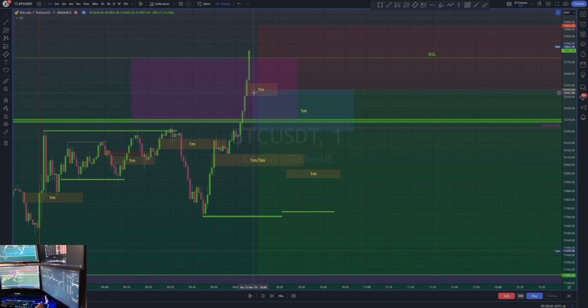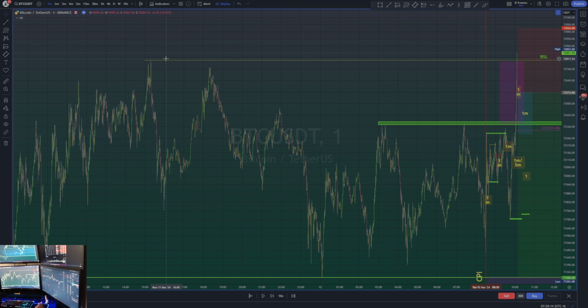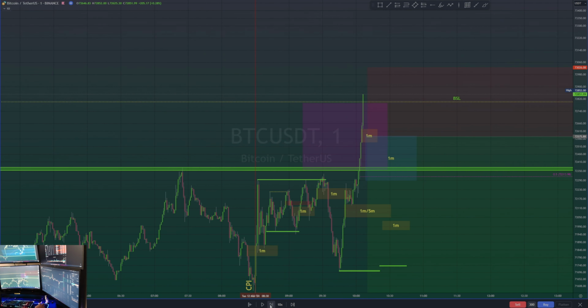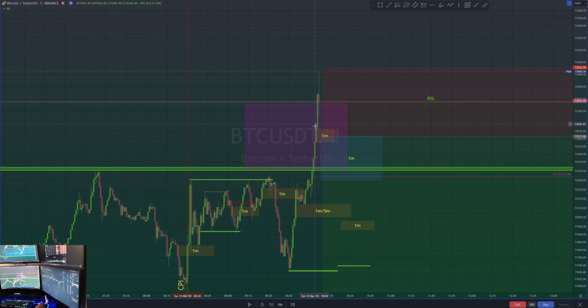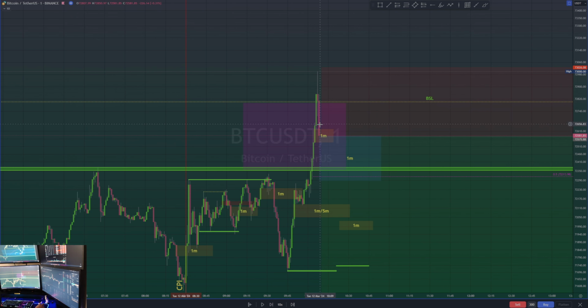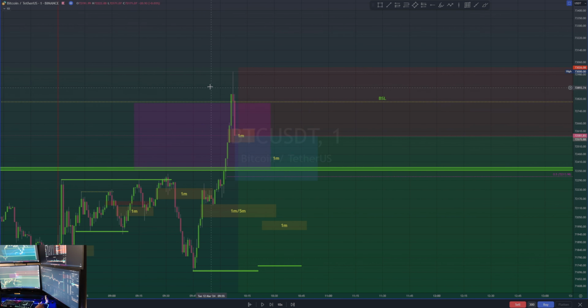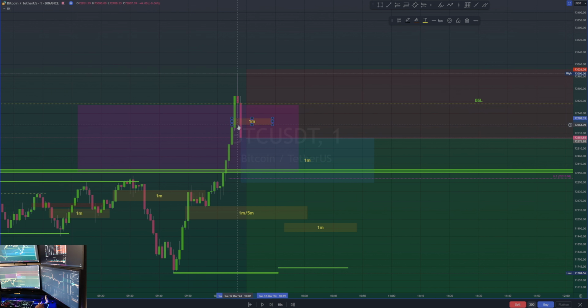But I remained calm, and right after the push above yesterday's high, the price started to reject, and I was again sitting on my hands as much as possible. After this candle, actually right around here before this candle even closed, when I saw this smaller fair value gap get inversion, I started to take a position a few seconds before this candle closed, and actually I was able to enter at a very nice level up here, and the level was 72